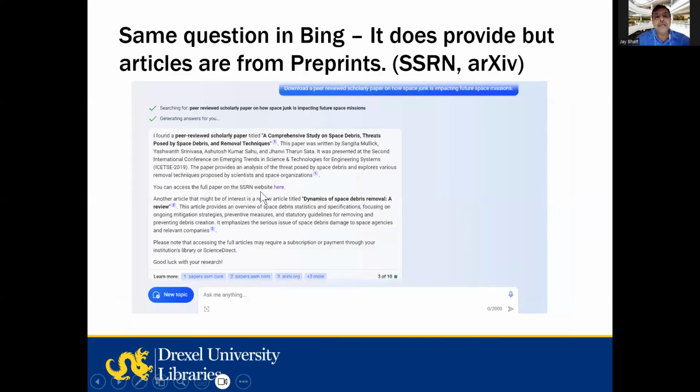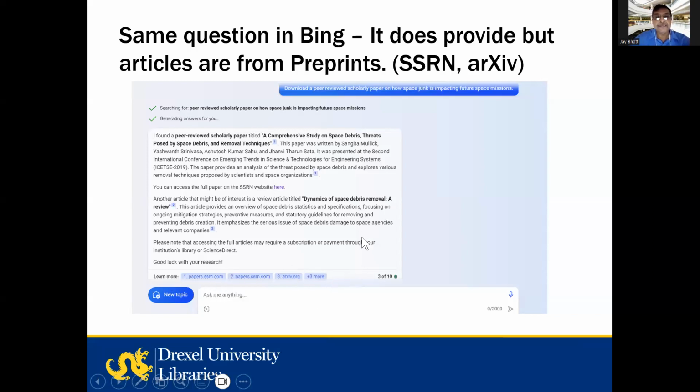And then I went to Bing, and again, I wanted peer-reviewed scholarly papers on how space junk is impacting future space missions. Then it gave me a link to a paper with a reference: a comprehensive study on space debris, threats posed by space debris and removal techniques. And there are a few other references given. Notice that the citations are coming from the Social Science Research Network and arXiv.